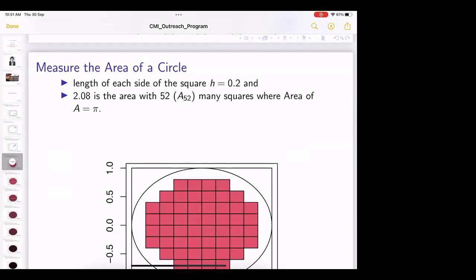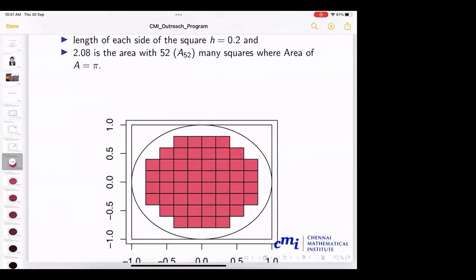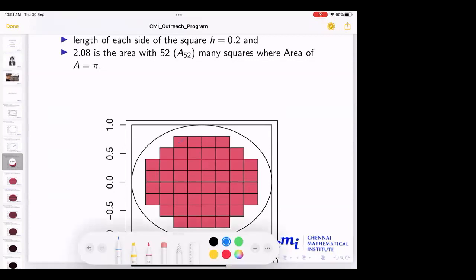All right, just a minute, one thing. So 0.04. Now the question is, maximum how many such squares can we fit into this circle? So I tried to fit as many squares as possible, and it turns out, if you count 1, 2, 3, 4, 5, 6, 7, 8, 9, 10, 11, 12, 13, 14,